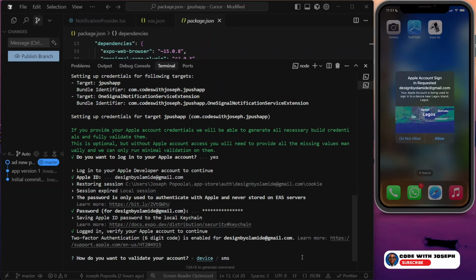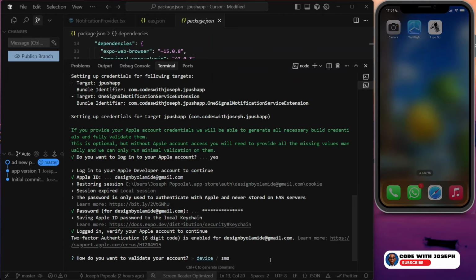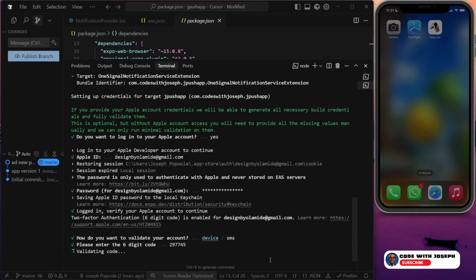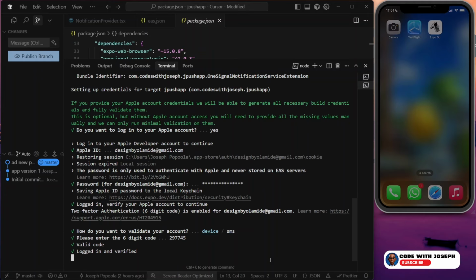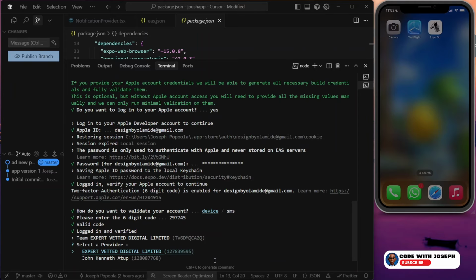How do you want to validate your account? Allow it on my device. Click on enter, validating code, logged in and verified, team Expo vetted, select a provider, select this, and this